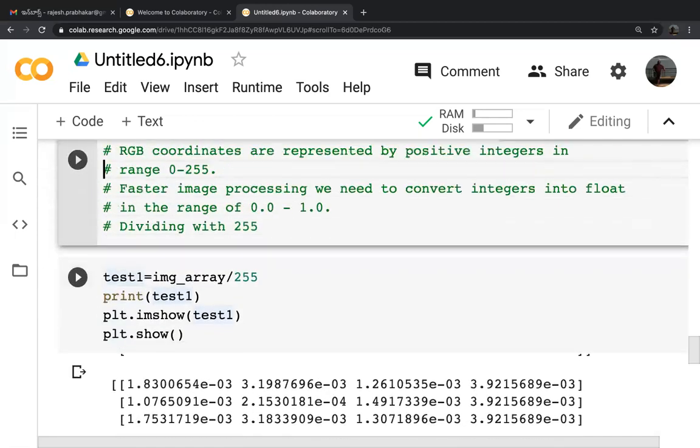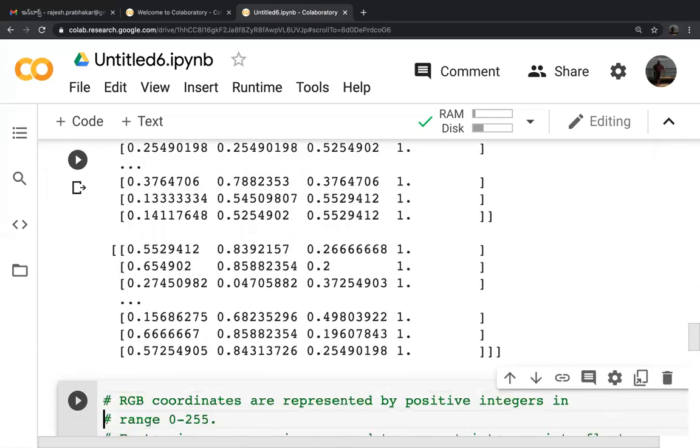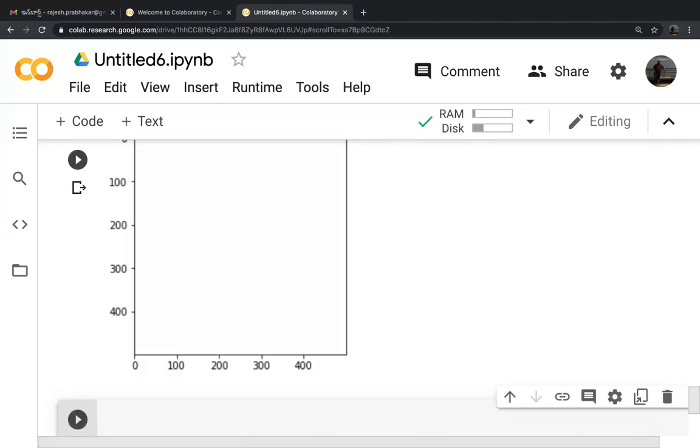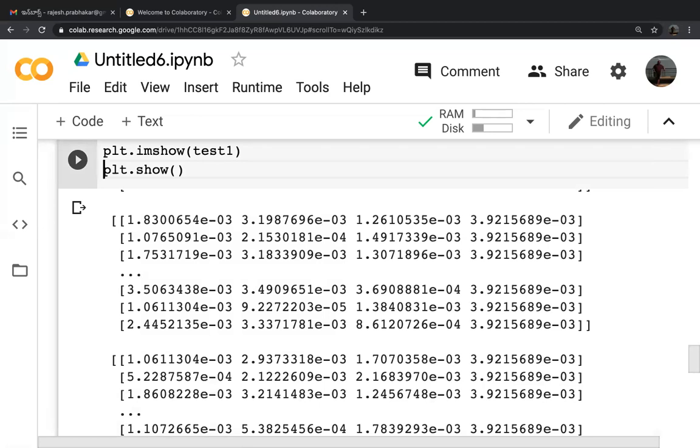Actually, we should have some image. A good image can be taken and read in, and then we should do it. That way we can see some output.